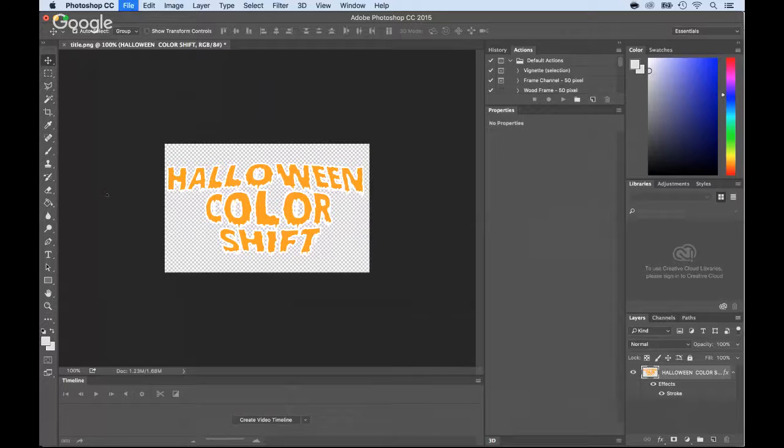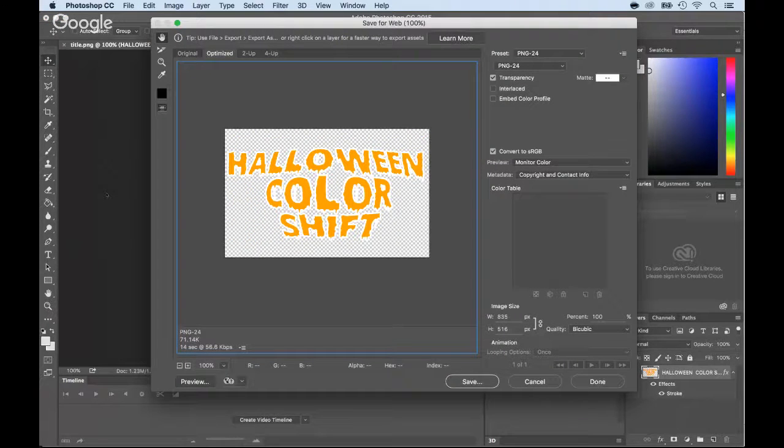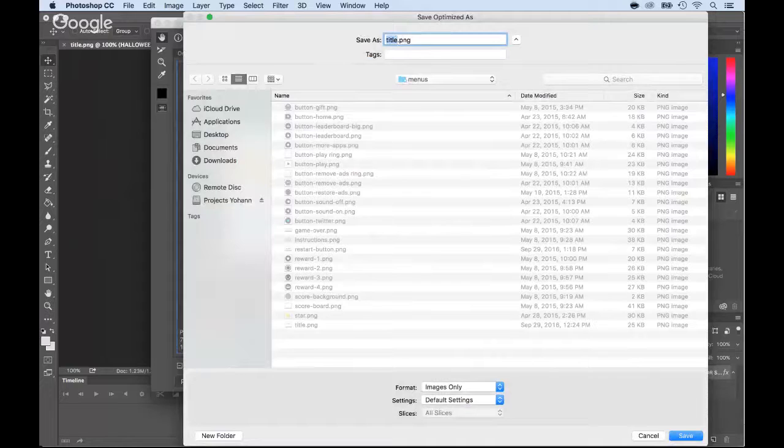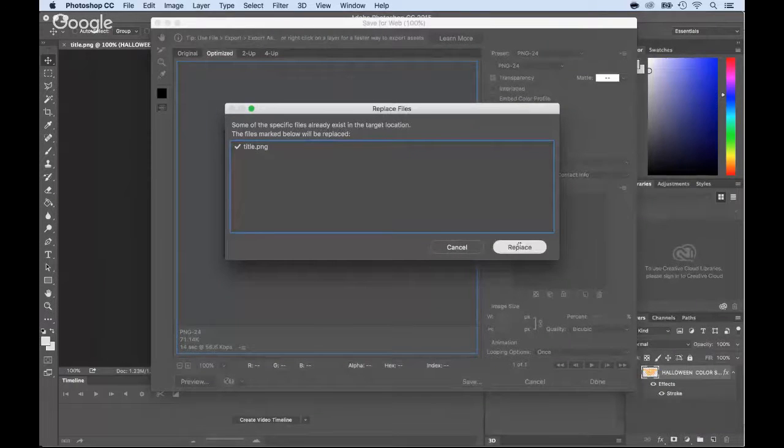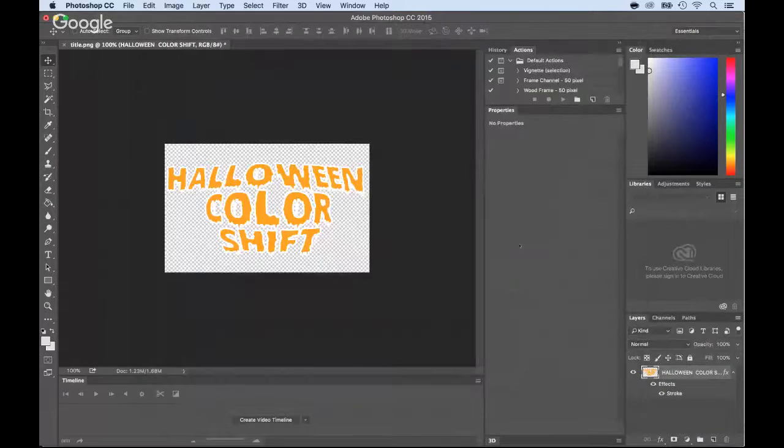Command Alt Shift S, save, and I'm going to replace the title. So it should already be in the menu, and I just overwrite the title.png and save and replace. That's it. Now I can go back to Unity,